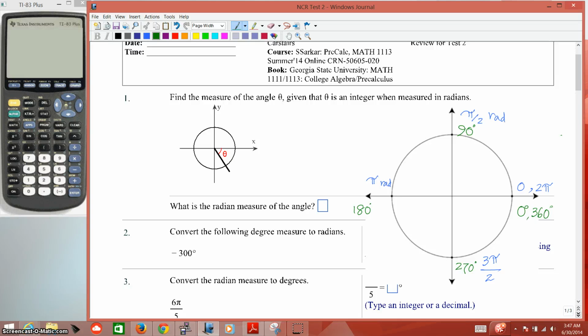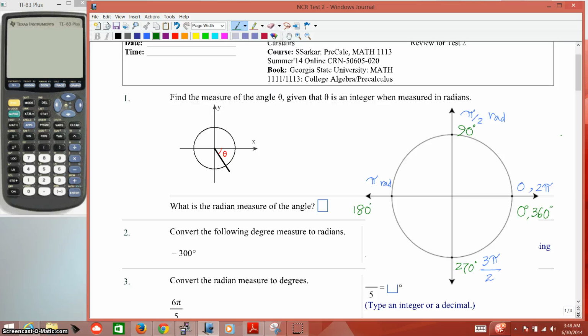Hi, I'm going to work out a few of the problems from the non-credit review for test 2. The very first question asks you to determine the measure of the angle theta given theta is an integer and measured in radians. Before I get to the actual problem, I'm going to work out on the concept of the